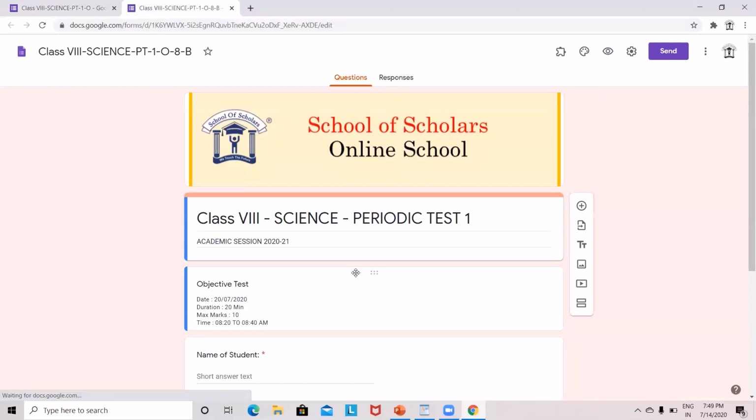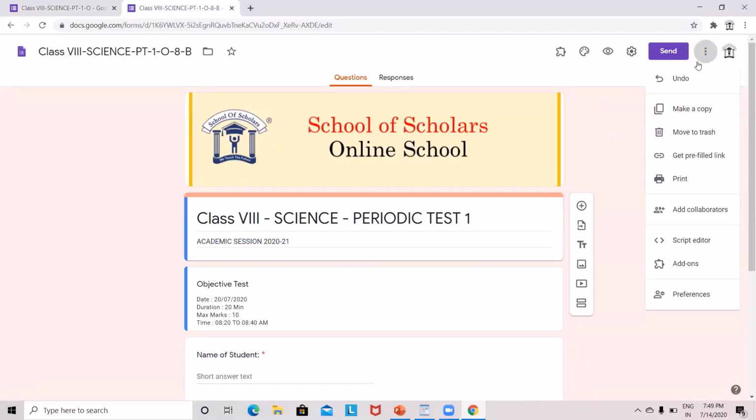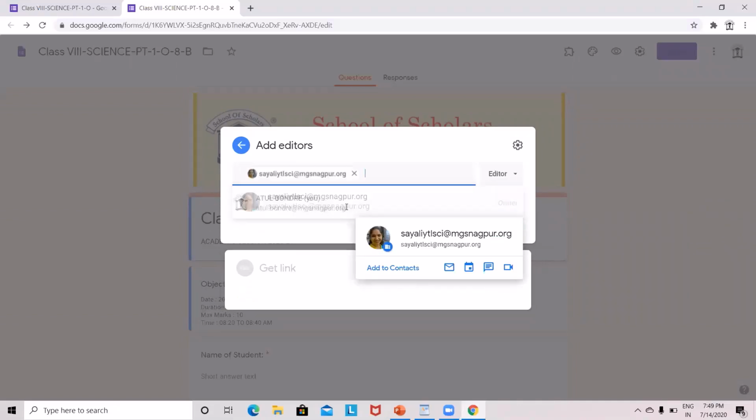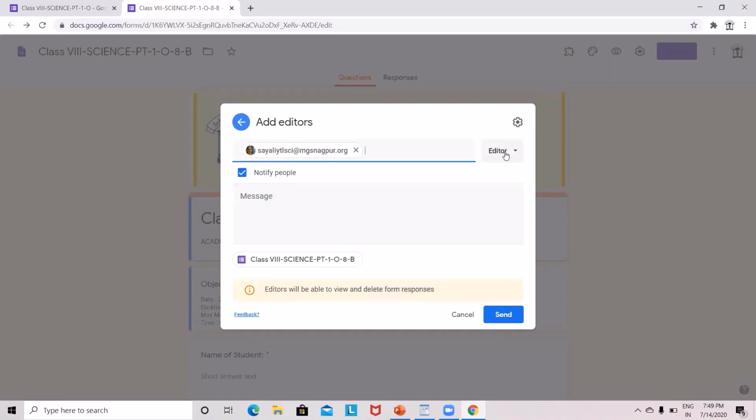So the 8th B copy will open in a new tab. From here, again go to the 3 dots and the exam in charge will click on Add Collaborators. Now, for example, the 8th B science teacher is Saili madam. So the exam in charge will add Saili Kashalkar madam with the mgsnagpur.org ID as the teacher of 8th B. Give the editor's right from here and click on Send.